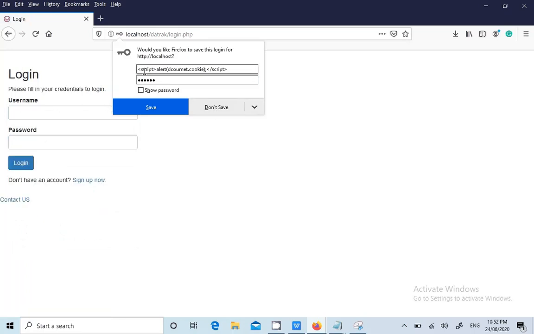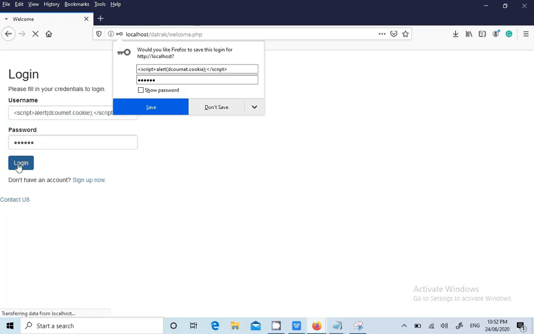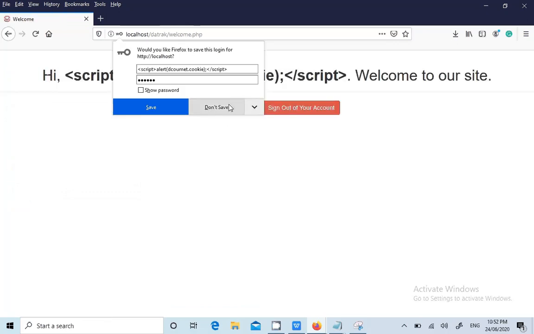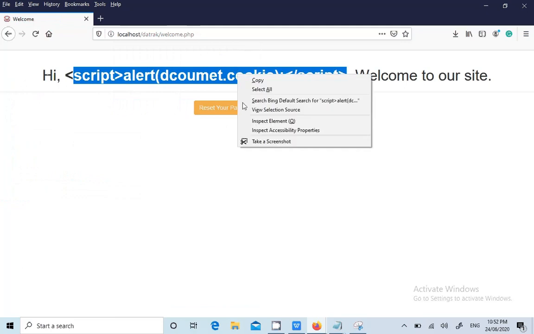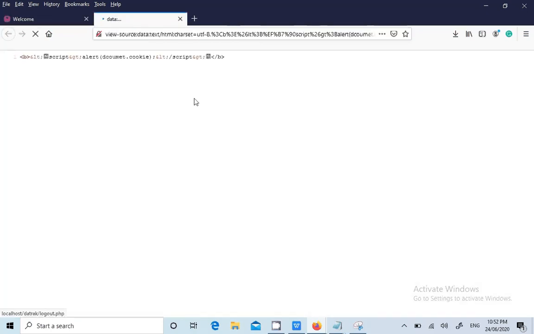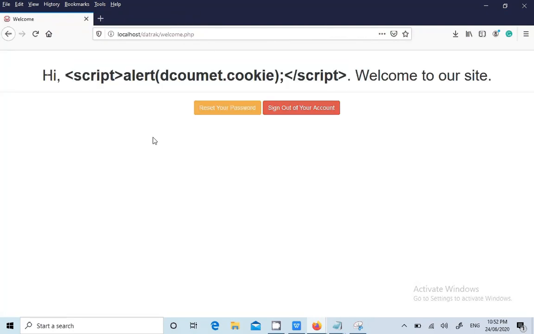The script alert document.cookie means, like your session ID, whenever you log in, you will receive a pop-up. Now, okay, now this is not working. Maybe the web application, okay, I have put some filters in the backend. That's okay, guys. Let's say if there is a Facebook like application,